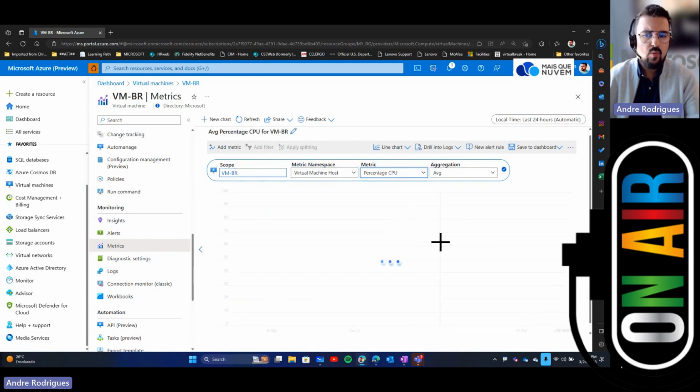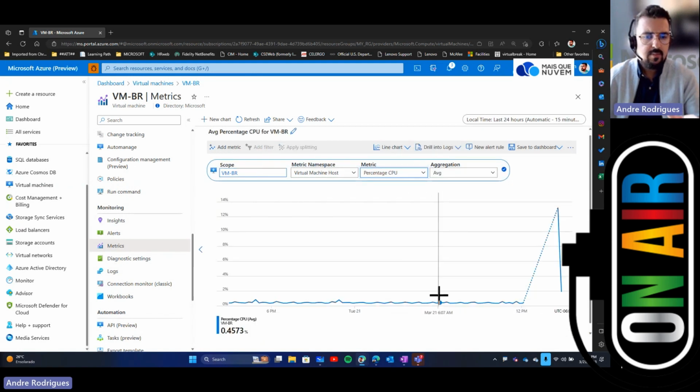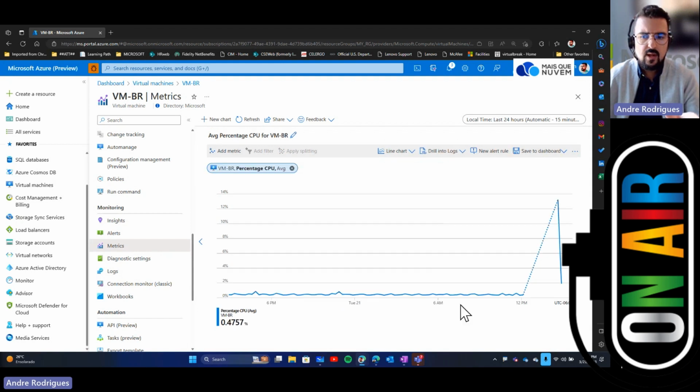That's the VM where we have a legacy application, and you see that normally it does well, but sometimes the CPU percentage increases so much that we need to restart the VM or open a ticket. So how do we set up an alert for this specific application? Go to the new alert rule